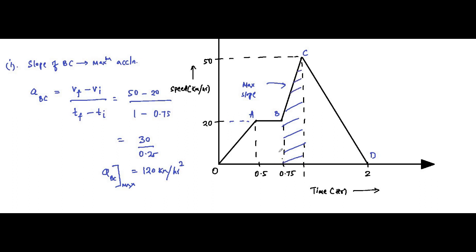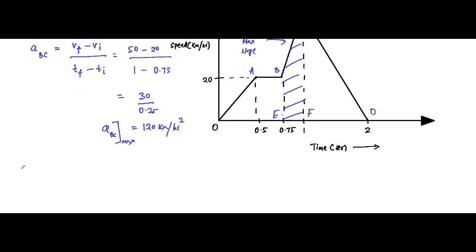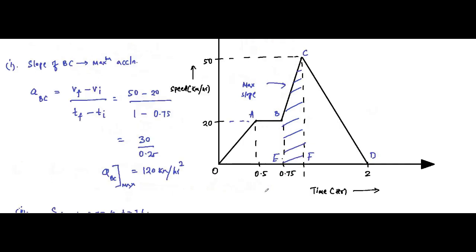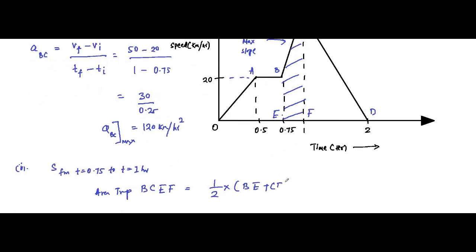Let's name this E and this F. So the distance covered from t equals 0.75 to t equals 1 hour is the area of trapezium BCEF, that is 1/2 into the sum of parallel sides, BE plus CF, into EF,